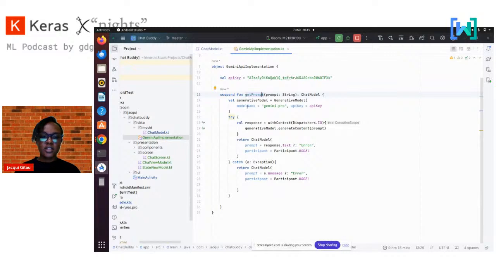And then, since the generative model performs input and output operations, you'll need to call it inside a suspend function called getPrompt, which will enable you to get prompts from the chat model. And then we'll generate the prompt